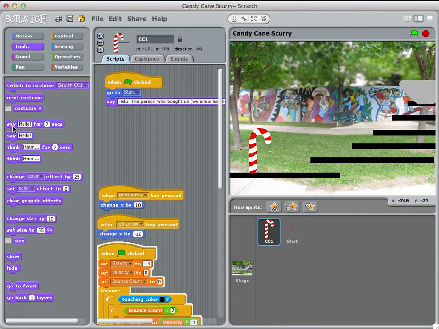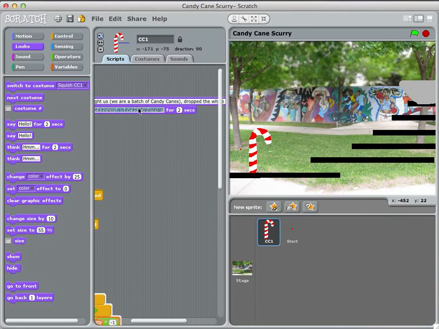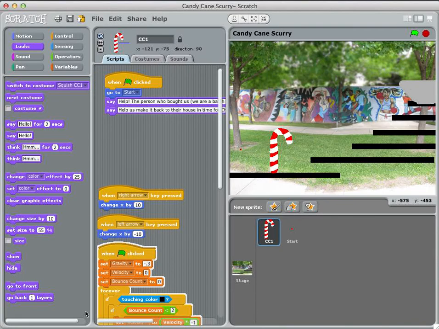Now I want them to say something else. Help us make it back to their house in time for Christmas. I will make sure this is right. And then that will be for 3.4 seconds. And then I'm going to say